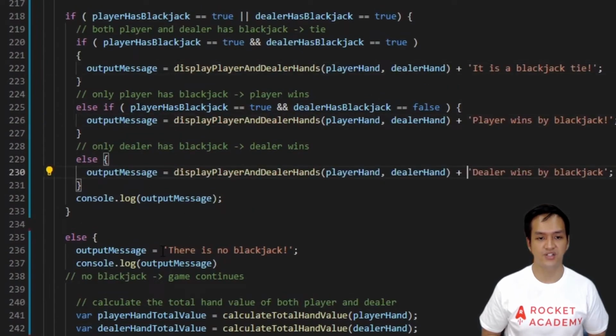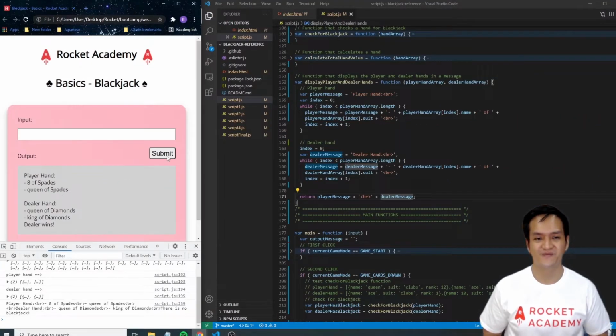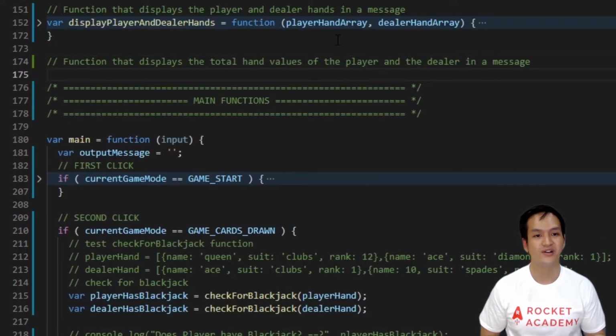Let's also add this function to the output messages in the Blackjack checks. Let's test this out now. Awesome, it works. And now lastly, let's create a function that will display the total value of the player's and